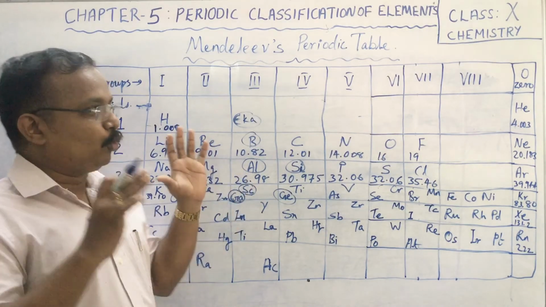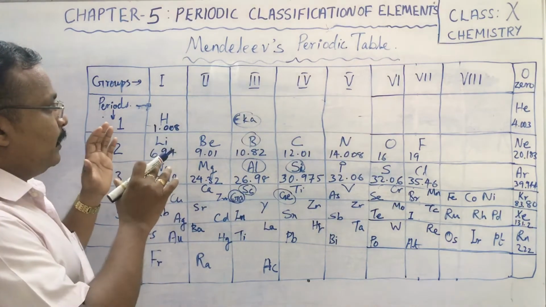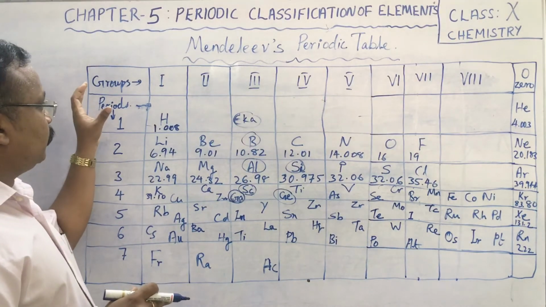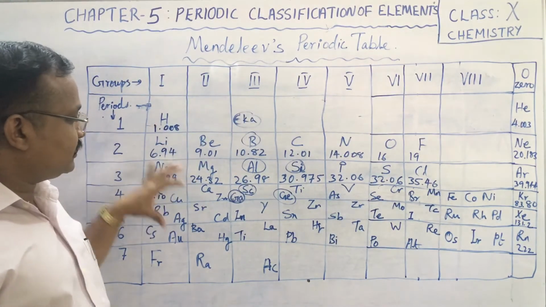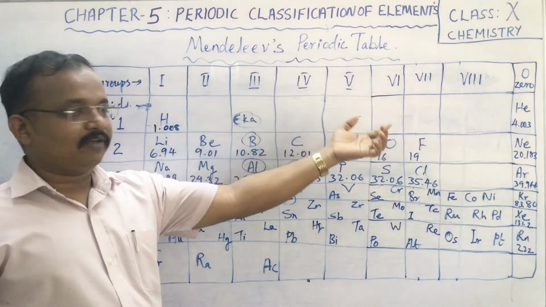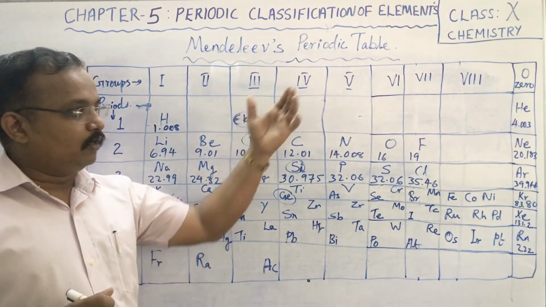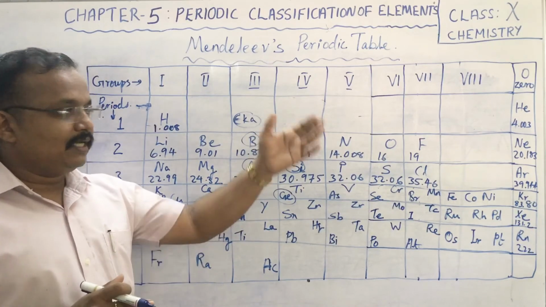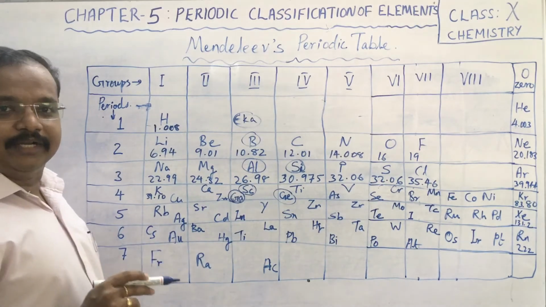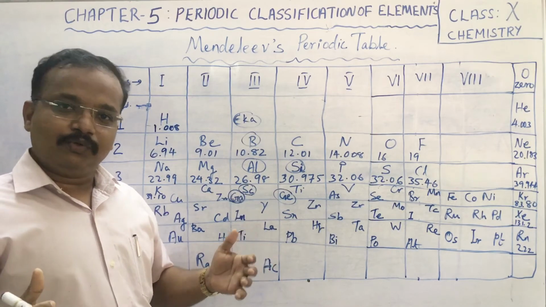So children, have a look at Mendeleev's periodic table. It is classified on the basis of increasing order of atomic masses, where he put groups as well as periods. There are 8 groups, and later he also left gaps for noble gases to be found and put in the zero group. There were 7 periods in his periodic table, and he left certain gaps for the new elements to be found.